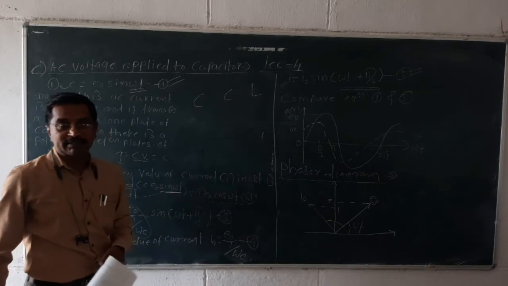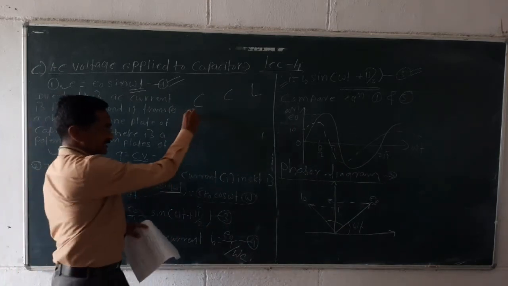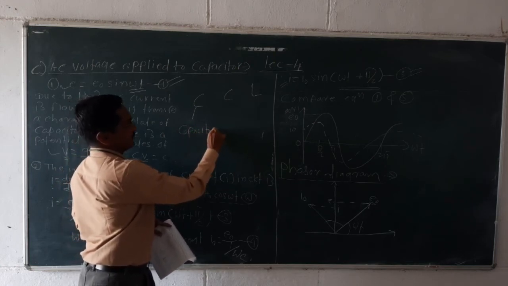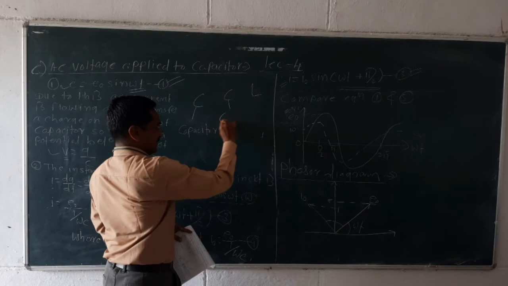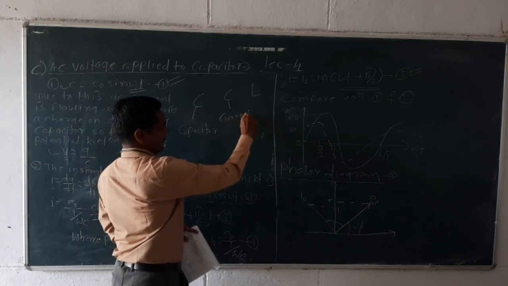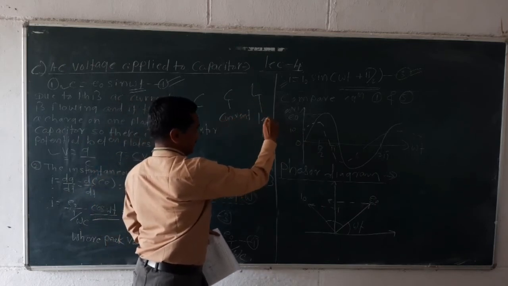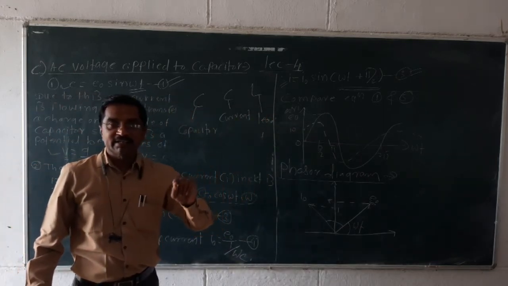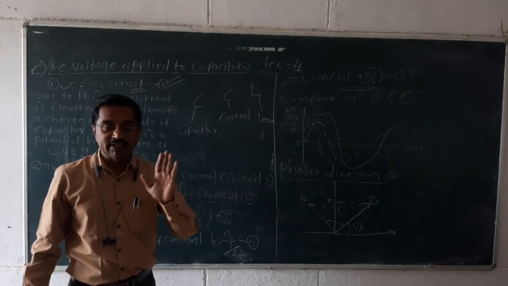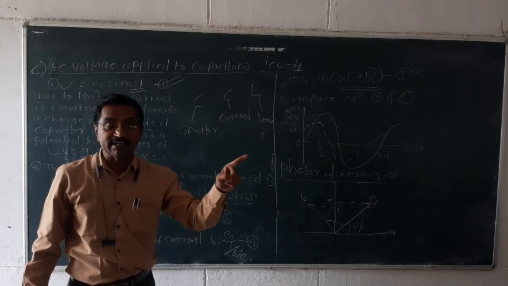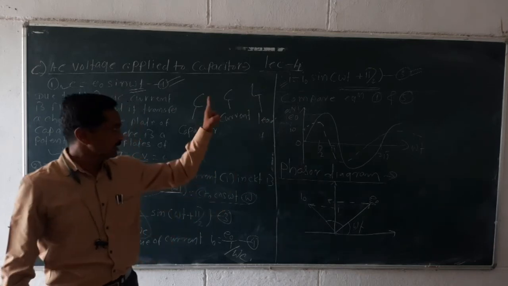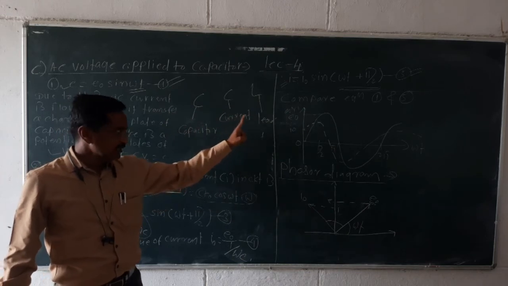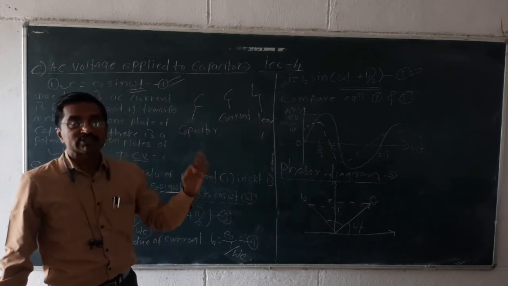जसं इंडक्टरमध्ये तुम्ही एक ट्रिक बघितली तशी इथे सुद्धा CCL. C means capacitor, C means current, and L means lead. Very simple. IPL: इंडक्टर पोटेन्शियल लीड, म्हणजे इंडक्टर मध्ये पोटेन्शियल हे लिडिंगला असतं, पुढे असतं किती फेजने? π/2. CCL in case of capacitor, current leads the alternating voltage by the phase of π/2.